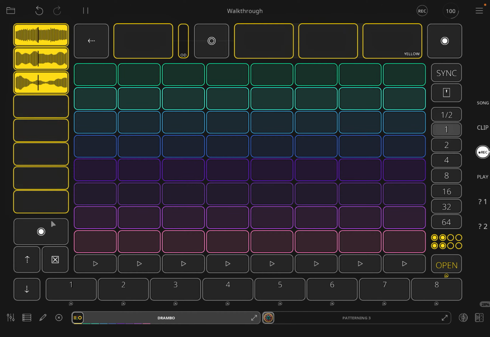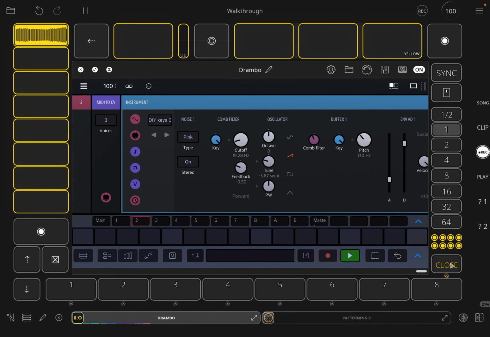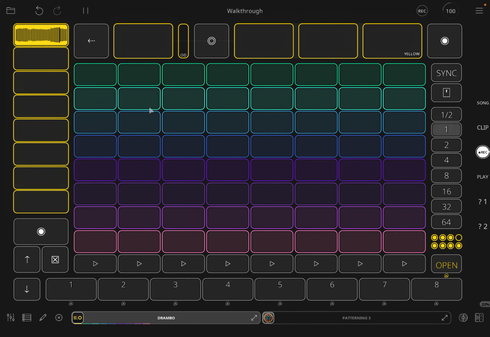And if you wanted to, you could collapse them all into one slot here. And so once you've got some material recorded here, you can send it to the clip page by using these